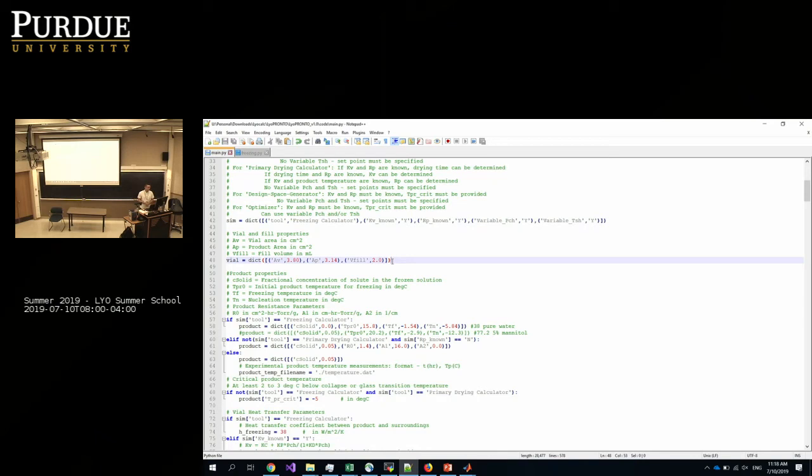But basically your heat transfer coefficient and the areas need to be changed appropriately, and once that's changed, it should work. It's just called vial, but it can be anything. Have you tried to do this for a tray? No, not yet.